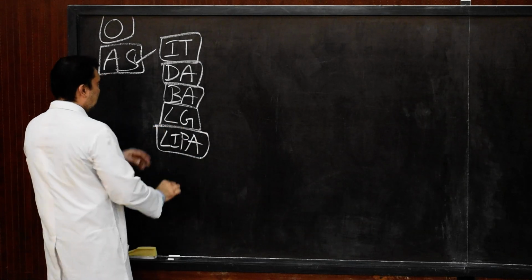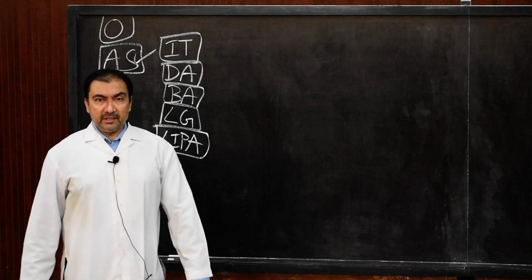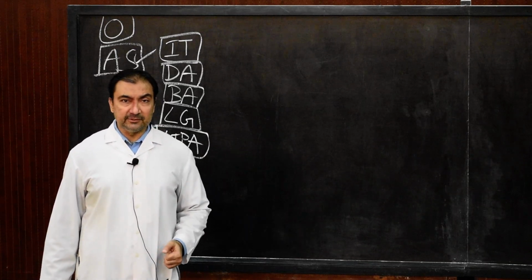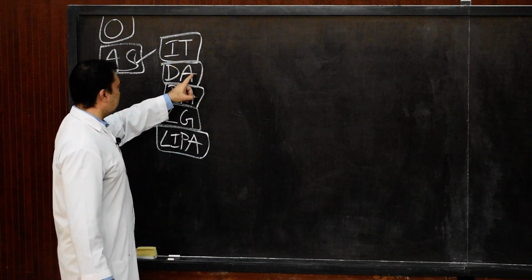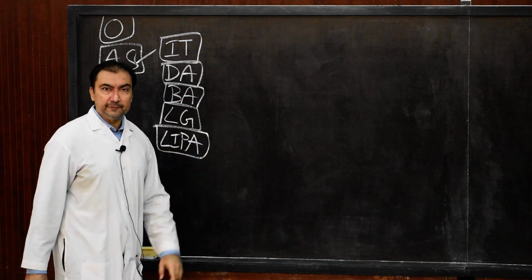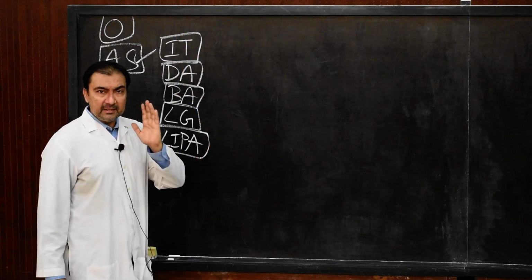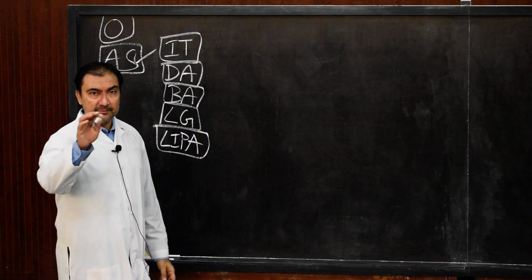So therefore, these are the 5 sets of arteries which will provide blood supply to the esophagus: the inferior thyroid, descending aorta, the bronchial arteries, the left gastric artery and the left inferior phrenic arteries. Please note down these arteries, memorize them. Many times they are asked in 1 mark question answer or in MCQs.